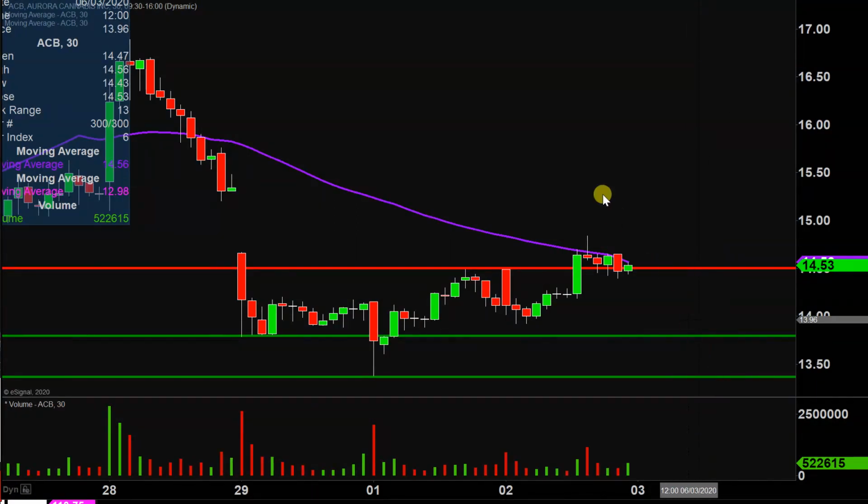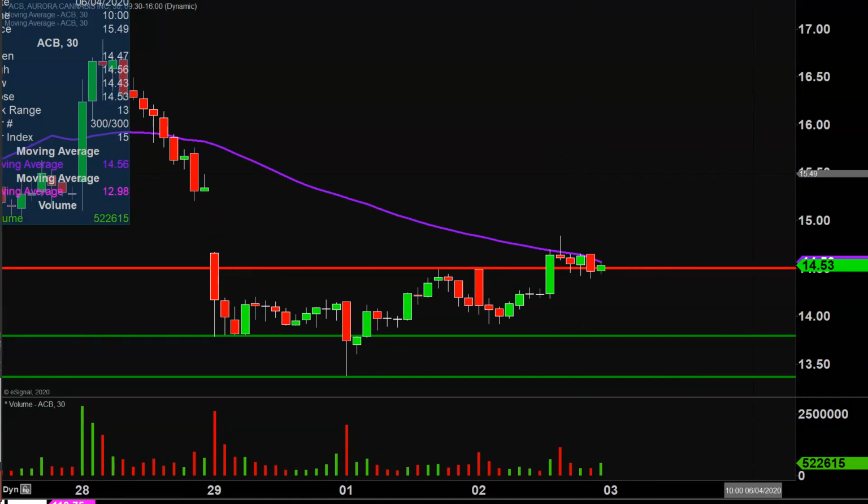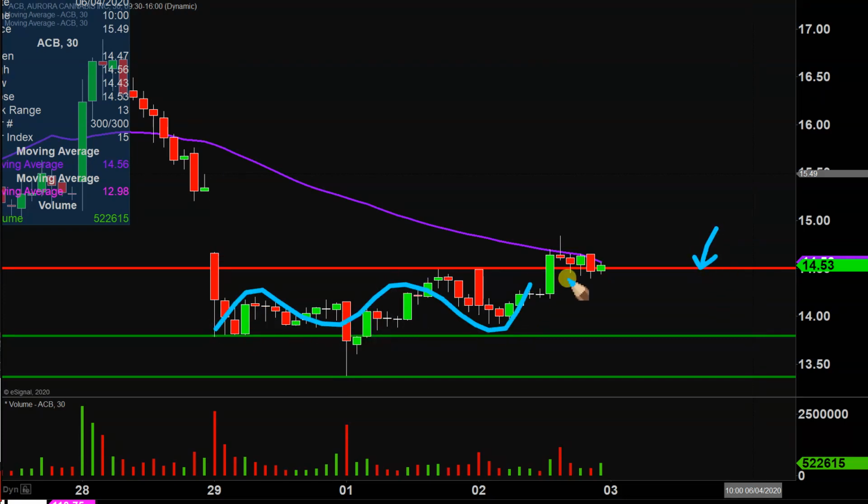But after today's price movement, a very interesting dynamic now is underway, and this dynamic really revolves around two things. The first part of it is just the upper portion of this little sideways channel that had formed, the upper portion of that channel being the red line resistance valued at $14.50. And you can see that the price is essentially right there at $14.50. So right now the question becomes, is the price going to ultimately be able to get the breakout from this